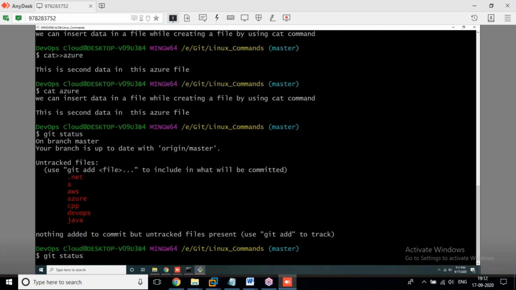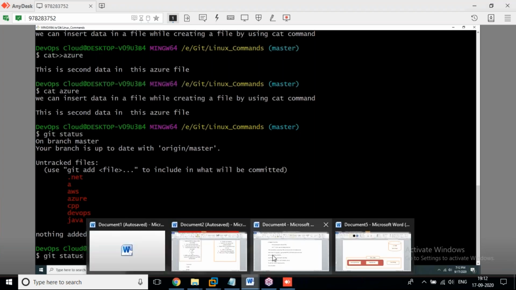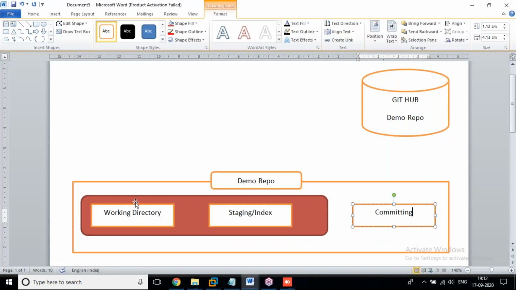Green color files are in the staging area.